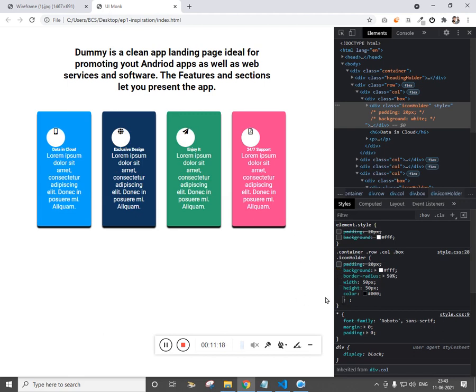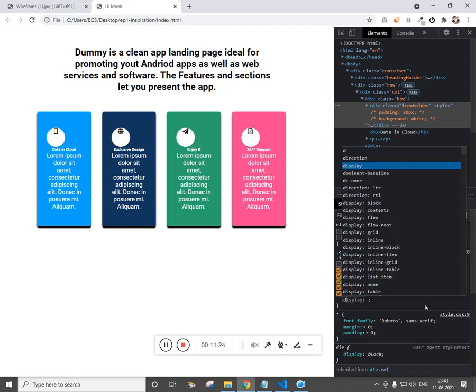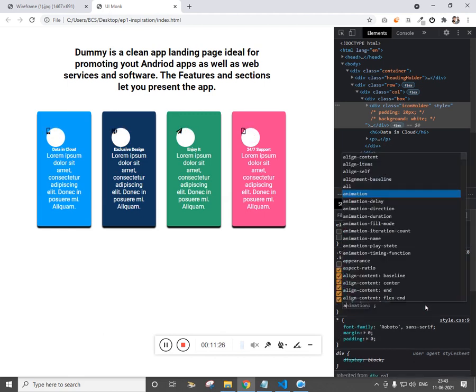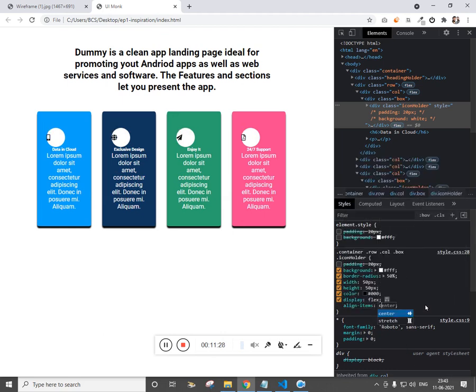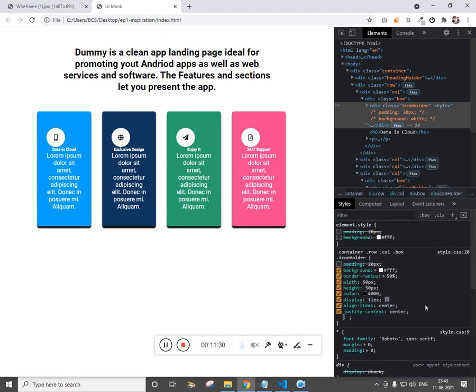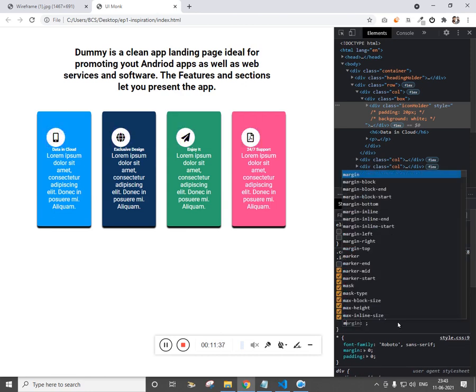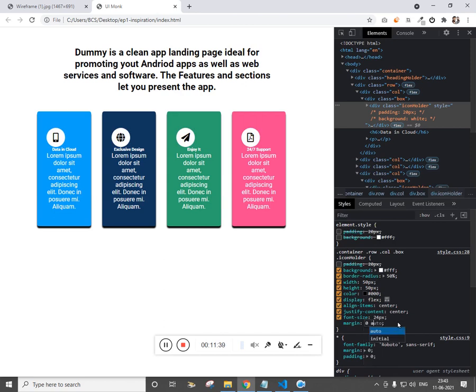And as I want to make the icon at the center, as we already did: display flex, align items center, justify content center, and font size 25 pixels, and margin top and bottom 0, left and right auto, so that it comes at the center.